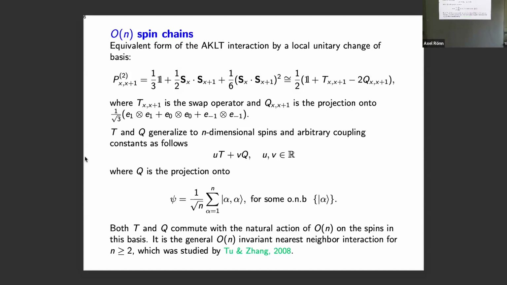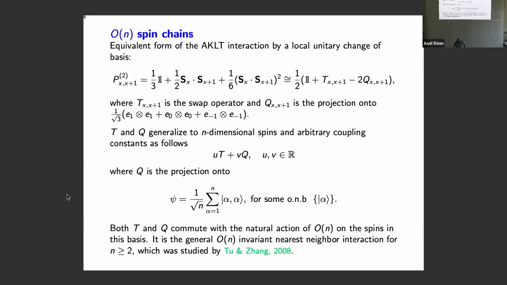And if you generalize this to n-dimensional spins, and you consider nearest neighbor interactions of the form uT plus vQ, where T is the swap, Q is the projection on a maximally entangled state with respect to some basis. And then you can use 2 real coefficients, u and v, to have an interesting class of interactions. You get a family of models which, special cases have been studied a long time. It was looked at as a family by Tu and Zhang in 2008. And you find a pretty interesting